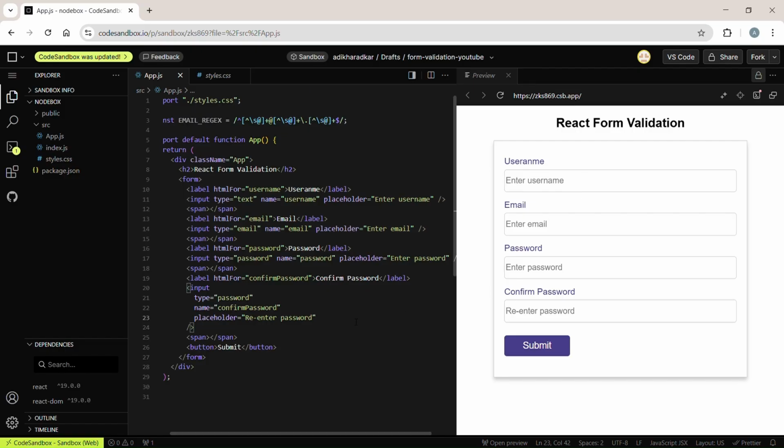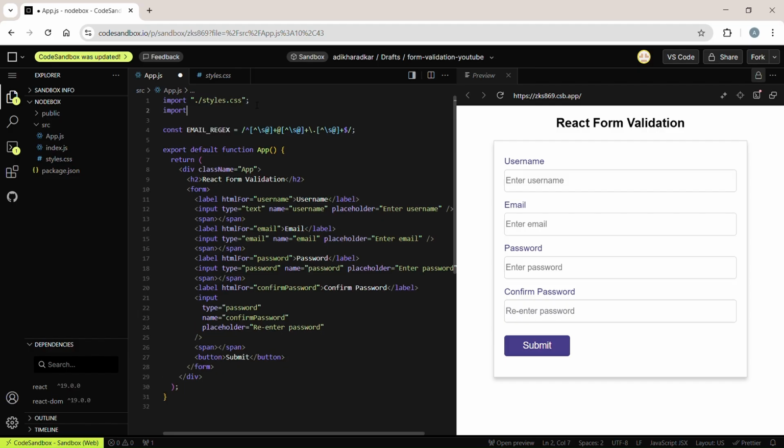So let's create the state variables. The first approach is to have individual state variables for every field. So the username will have its own state variable. I have misspelled username in here. We're going to have the state variable for the username error as well. So in the first approach, we are going to have 8 different state variables, which is not recommended if you have a lot of fields in the form, but for now we just have 4 fields, so it's completely fine to use it. So let's import useState